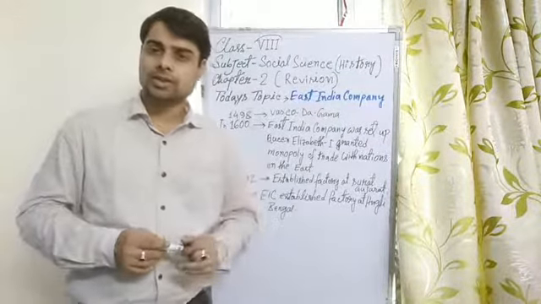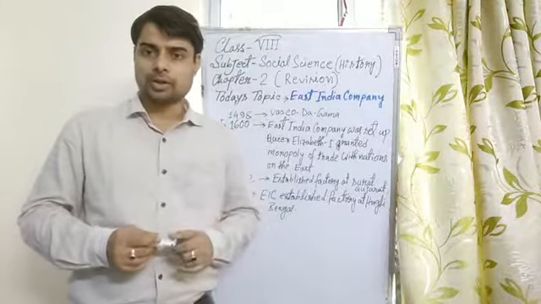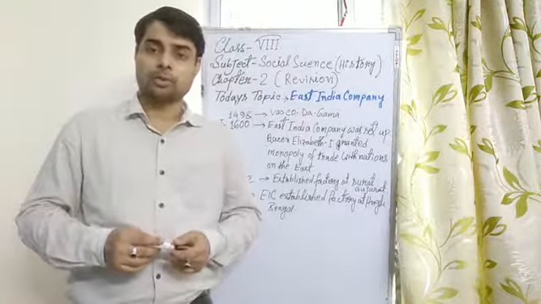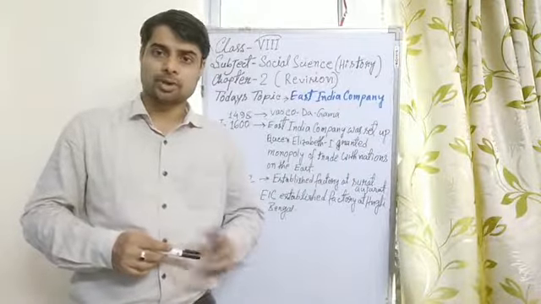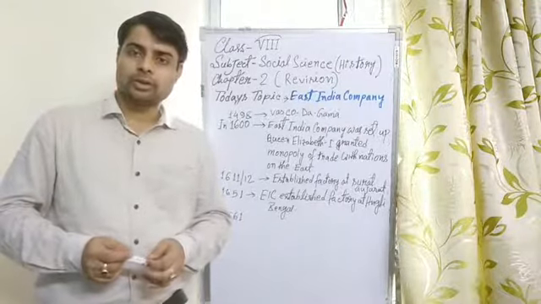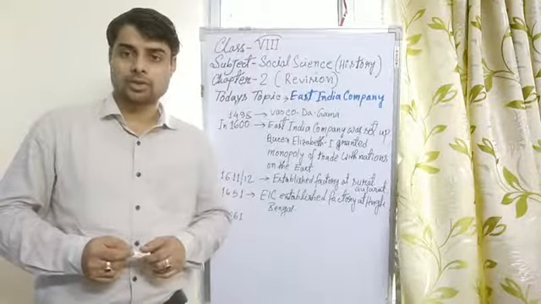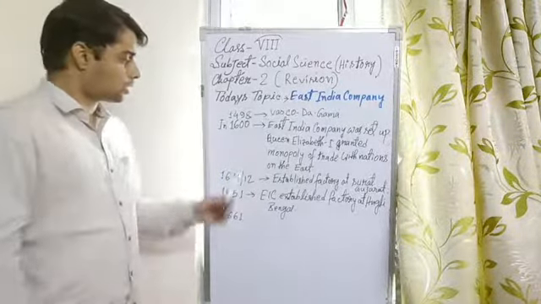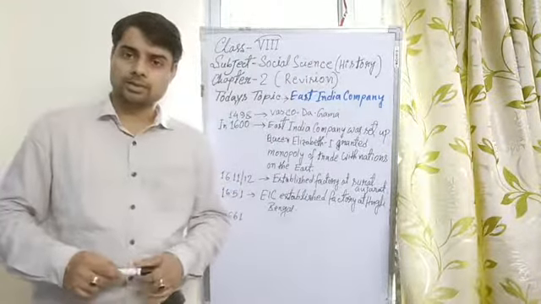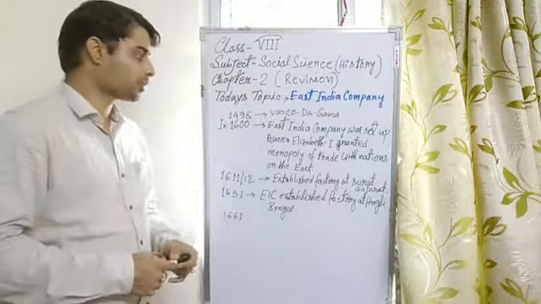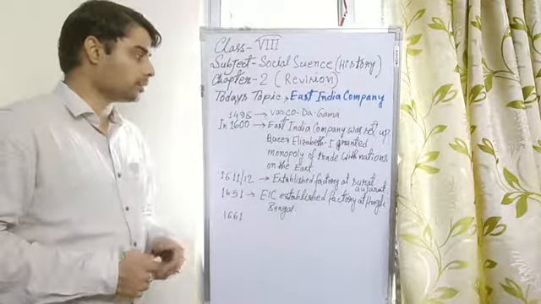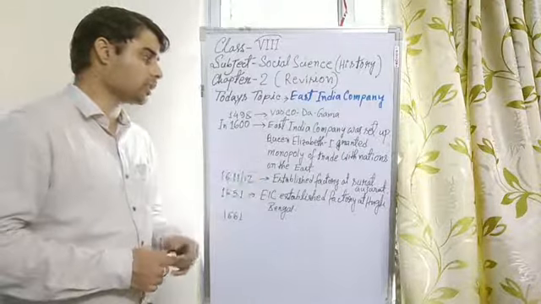First we will discuss the English East India Company, or British East India Company, that ruled India for almost 190 years. So let's start our story of those foreign companies, especially the British East India Company. In 1600 the East India Company was set up in England, and the next year Queen Elizabeth I granted monopoly of trade with